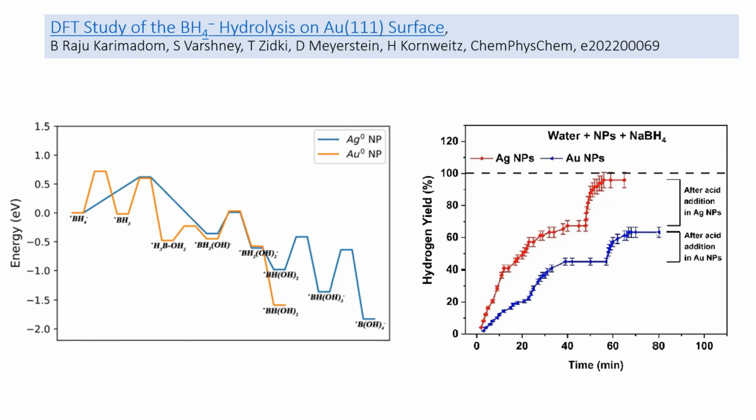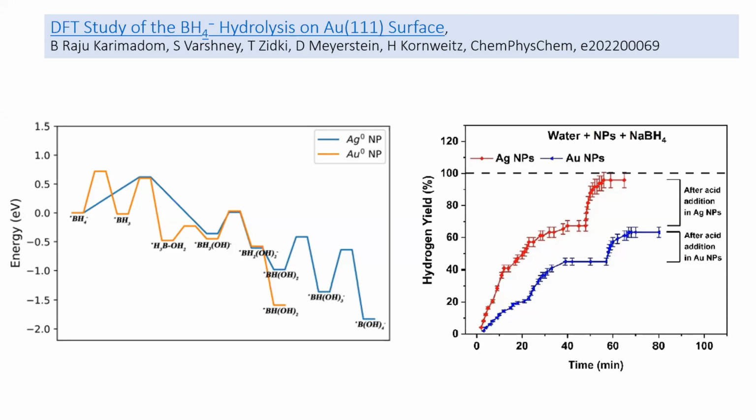But when we talk about the reaction that is catalyzed with gold nanoparticles, on the surface we just get about 50% hydrolysis and no more, because we said we are stuck here. When the acid is added to the solution, there is some more hydrolysis, again, 60–70% of hydrogen yield is gained, and that's because borohydride that was not adsorbed on the surface reacts,